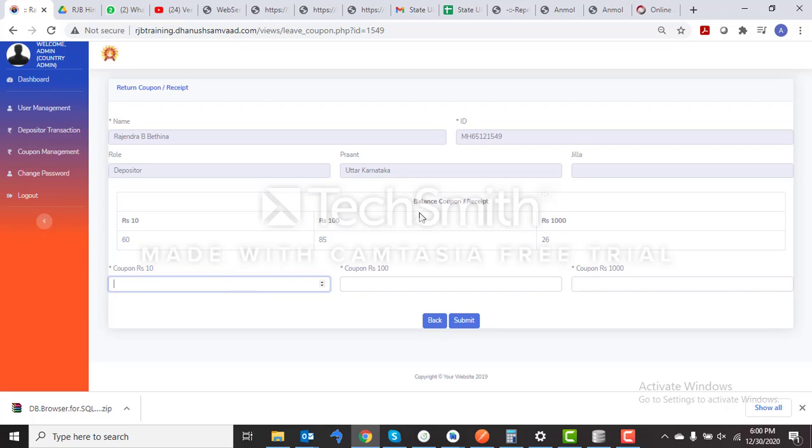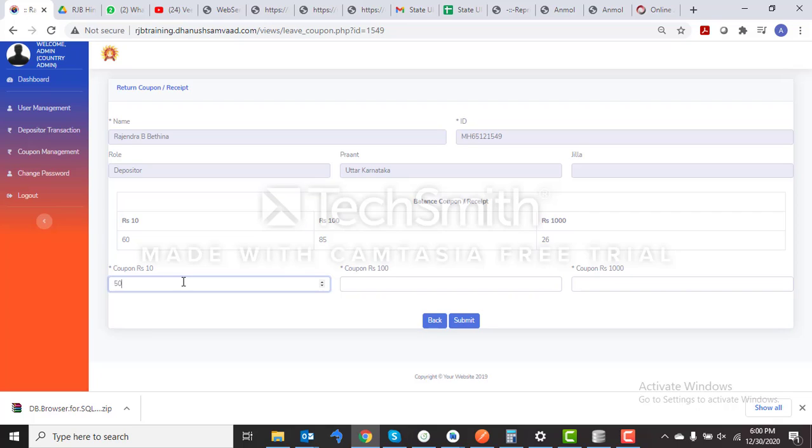We can see the balance coupon or receipts over here. Like we have 60 coupons of 10 rupees, 85 coupons of 100 rupees and 26 coupons of 1000 rupees. So out of these, how many coupons are needed to be refunded?